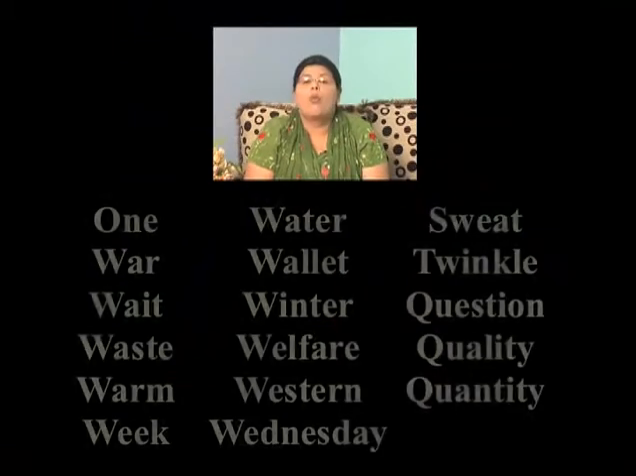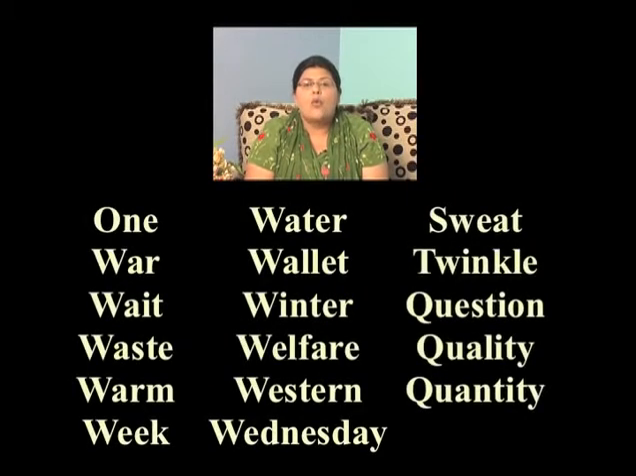You'll see a table again in your workbooks. There are columns in the table. We'll consider the W sound in different positions in the word. Let's start off with the W sound at the beginning of the word. Everybody, please repeat after me. One, one,